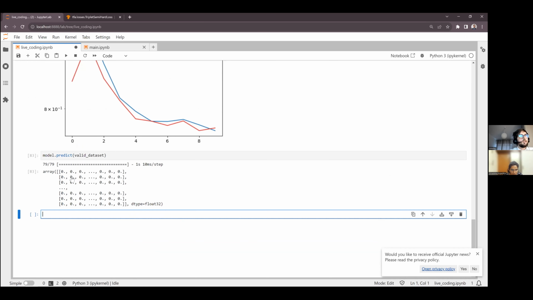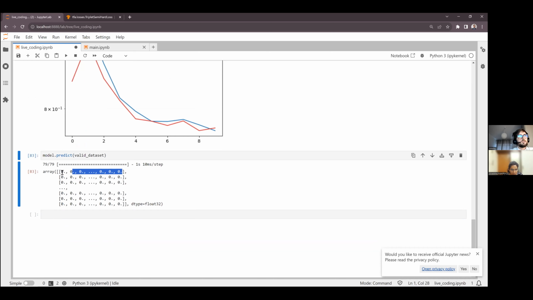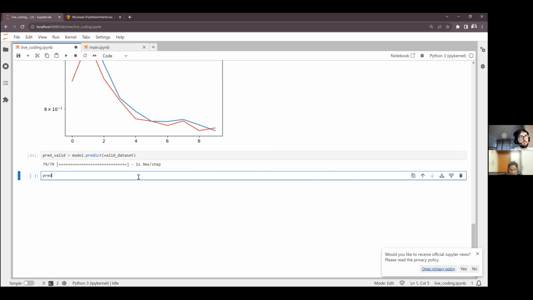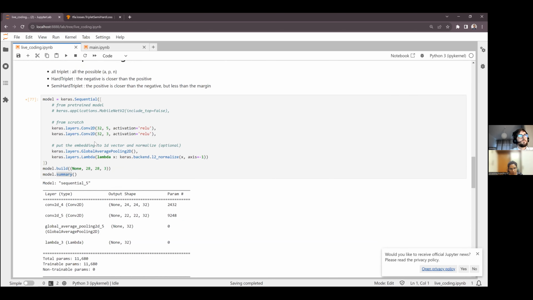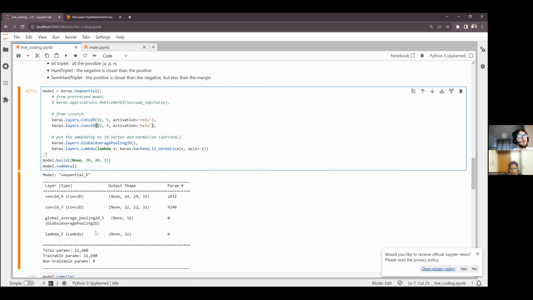Yeah, okay. Or not. Why is all 0? Let's see. Let's call it red valid. Okay, let's see. The shape 32 should be right. Okay, we have 32, so it's right.